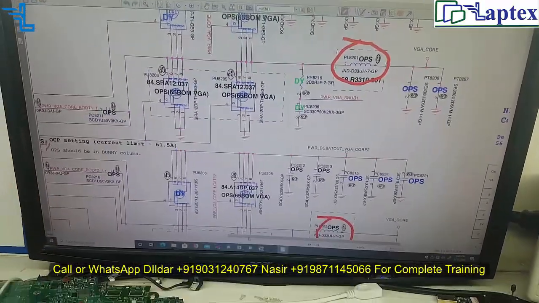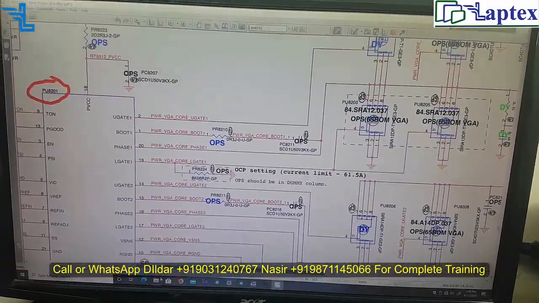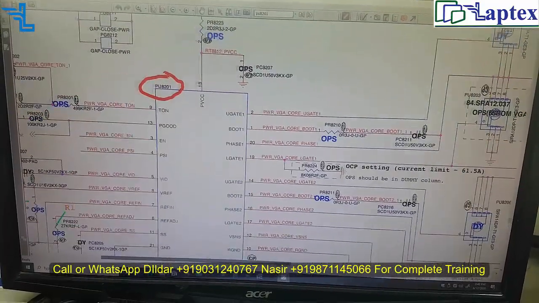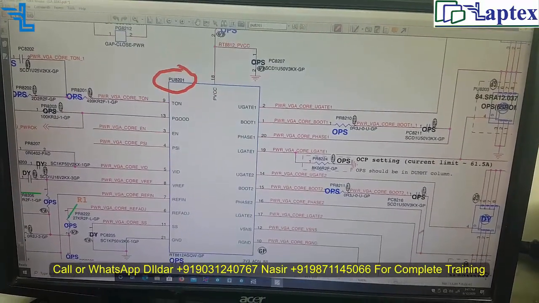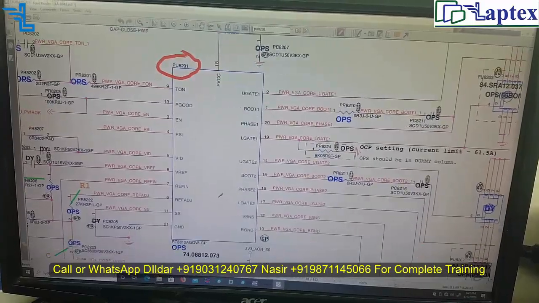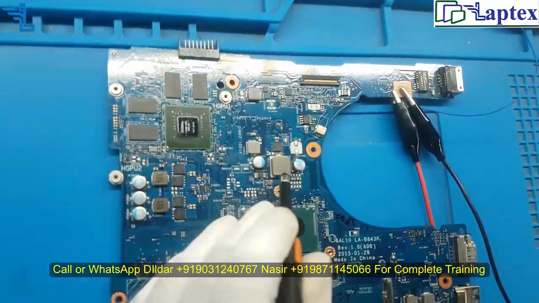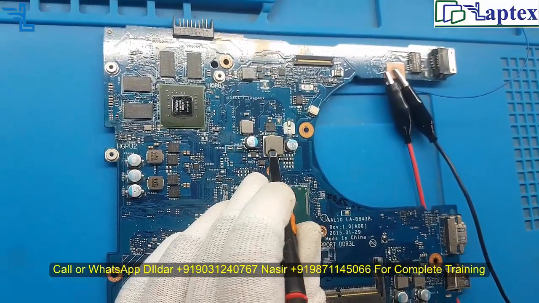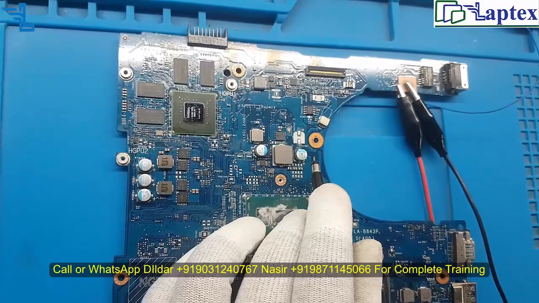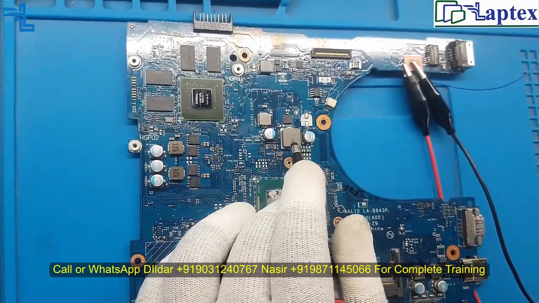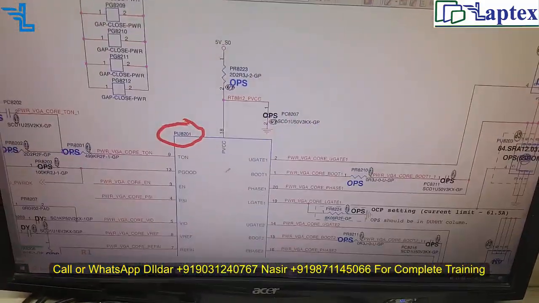Different types of regulators come: single phase, dual phase, three phase regulators. We have discussed the different types of regulators in our video classes, and the working principle of each phase type is different, and you need to understand that. Here you can see the core regulator which is used, it is a single phase regulator, but in some motherboards you will find two coils given there. That is a two phase regulator. So you need to have information on all the phase regulators.